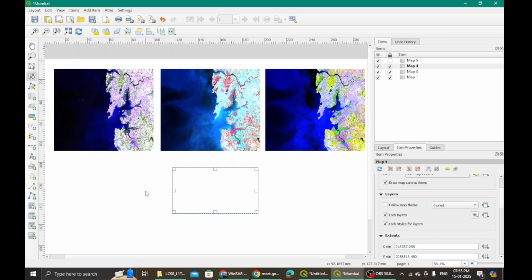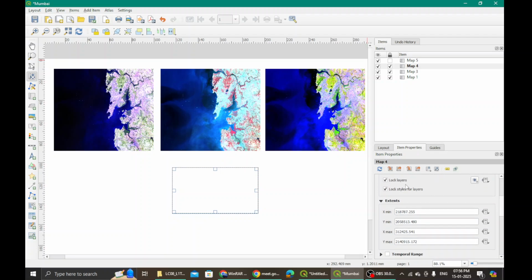Ma'am, the maps are changing back again. Ma'am, it doesn't lock. Yes, lock it. Once you have obtained whatever changes you were looking for, lock it. Where do we lock it? We will lock it here under this column, as well as under layers here. See that? We will lock it here. Can you show that again? Yes, let's do it again.